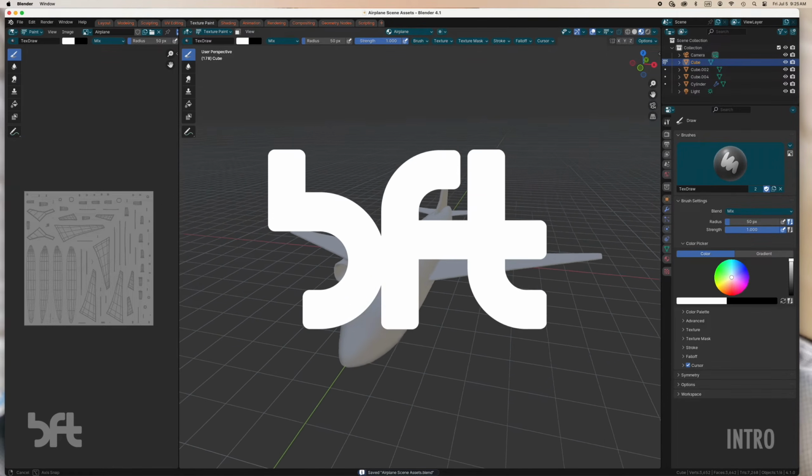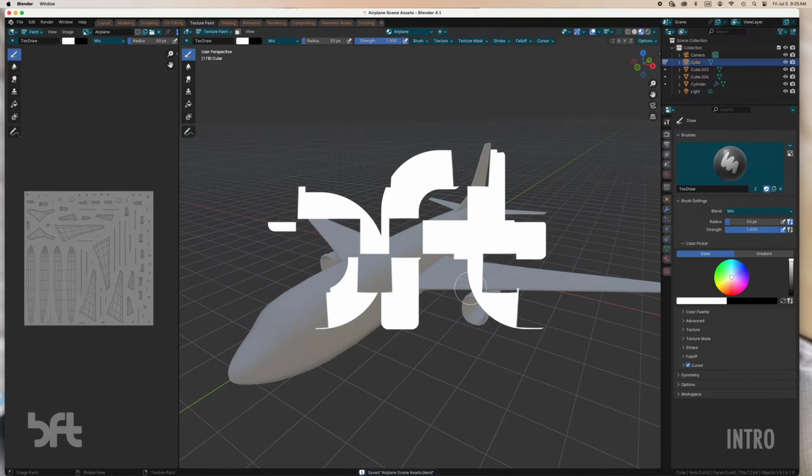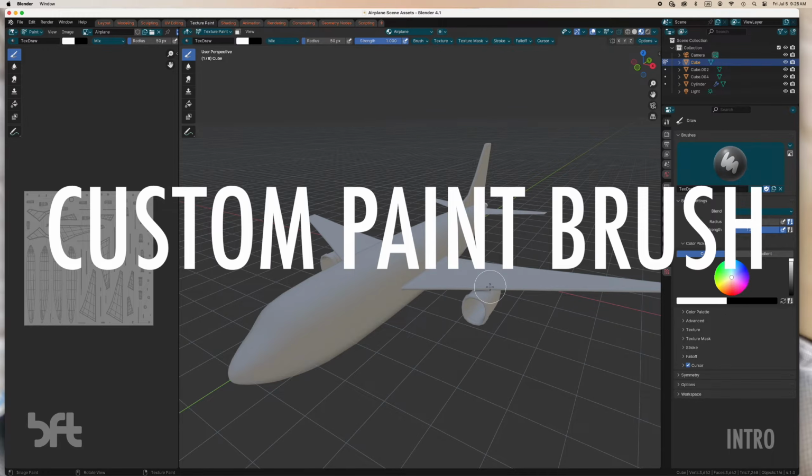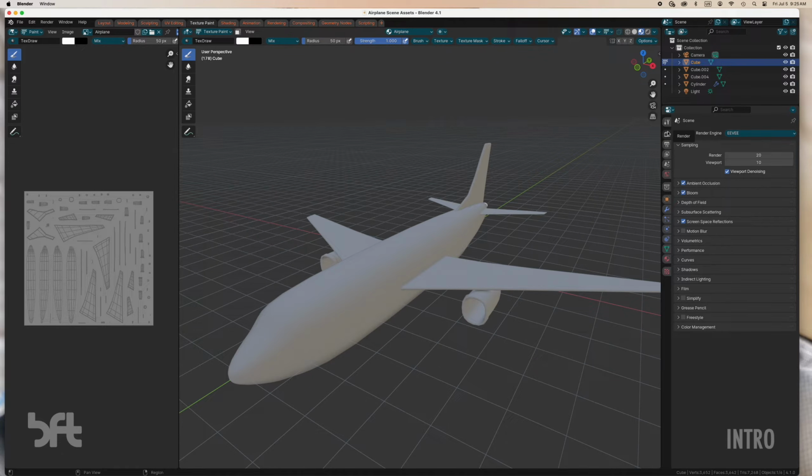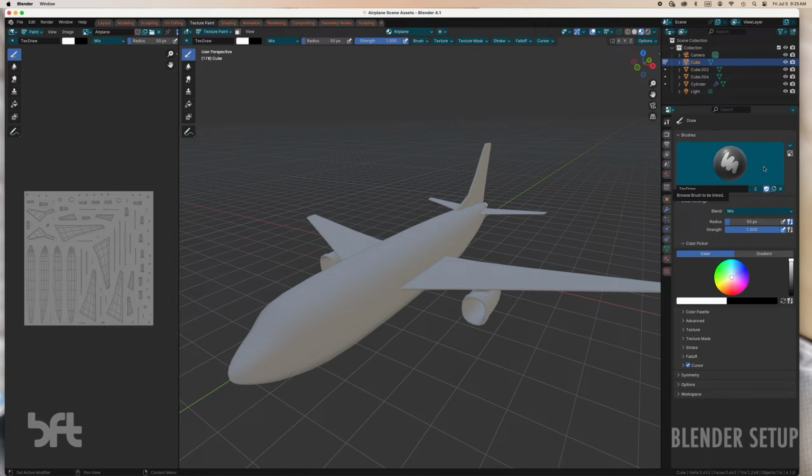Hello everyone, this time I want to talk about custom brushes in Blender. That's really important for my workflow when it comes to making my 3D models and the style and the textures for them. So first you go over into your texture paint mode and then you see your brush right